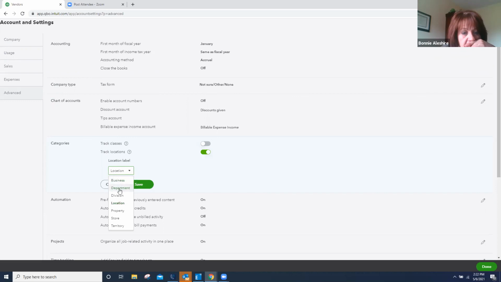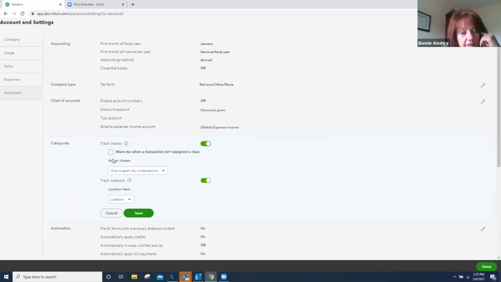Yeah, I see how it does by business department division. Huh. Interesting. See how this is what I was looking for? See how for classes it says one to each row in a transaction. That's what I was looking for here, thinking maybe that would be the additional. You could do the same thing with location, but it won't allow you. It does it by department, division, location, property, store, or territory. That's what will allow you to track, but it's only one per transaction, it looks like. Whereas QuickBooks will do one to each row in a transaction. Okay. And if I hit done,